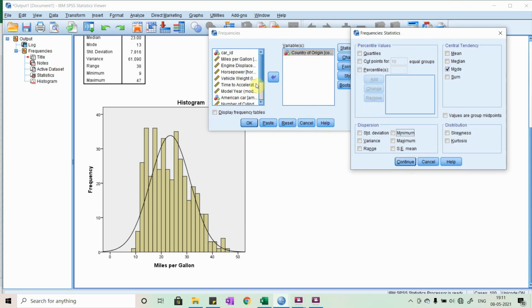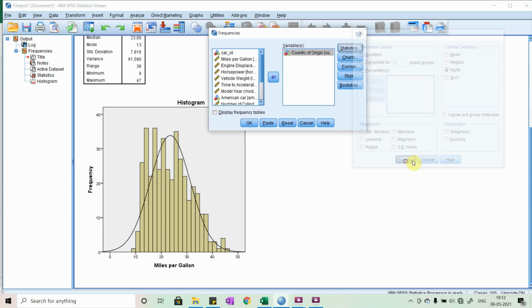Now suppose there was a variable which you have selected which is ordinal data, then you would select your median, mode, minimum value, maximum value and range. So you would have selected all those 5 measures. Now for country of origin, which is a nominal one, we'll just select mode, click continue.